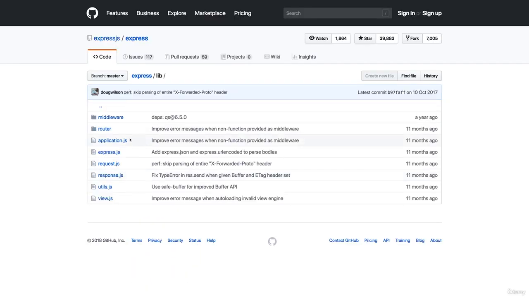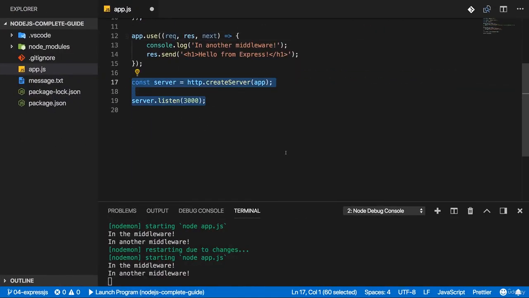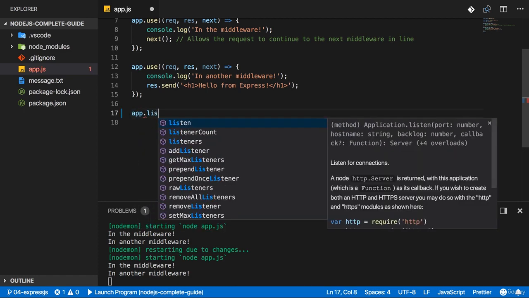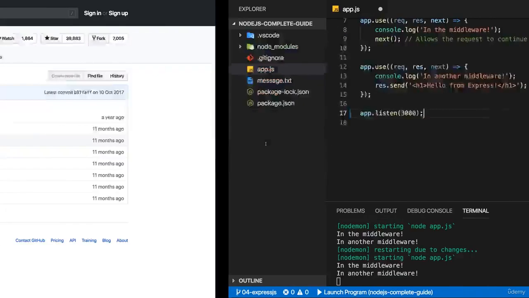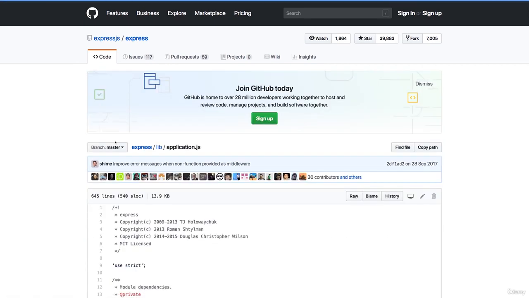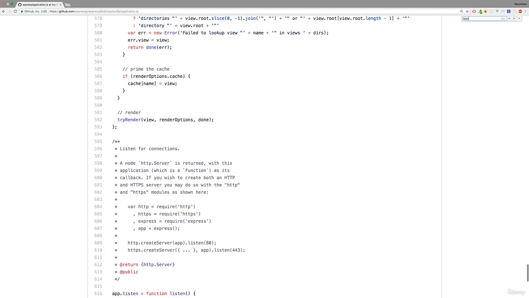Now, one other interesting thing to see is that we can actually also shorten this code here, where we set up the server. We can pass app to that create server method, but instead, we can also just use app and call listen. And this will do both these things for us. Something we can see in the official code if we go into the application.js file. In there, what we can see is that if we search for listen,